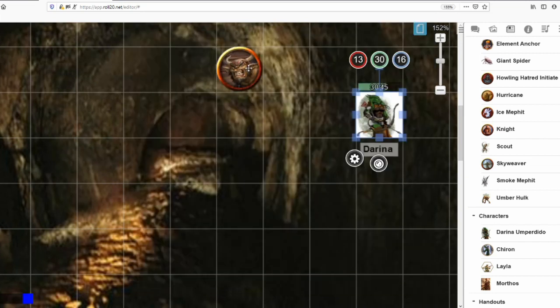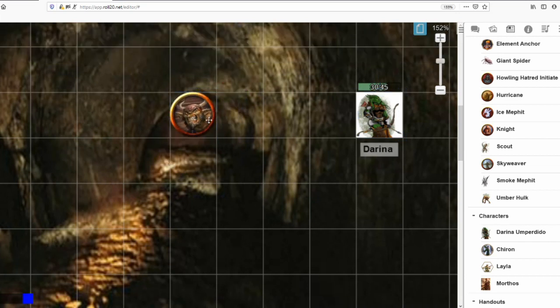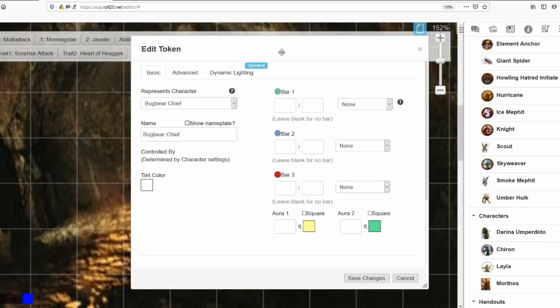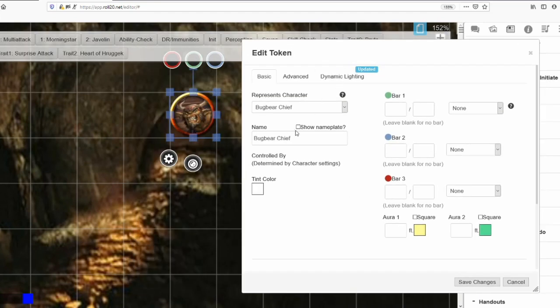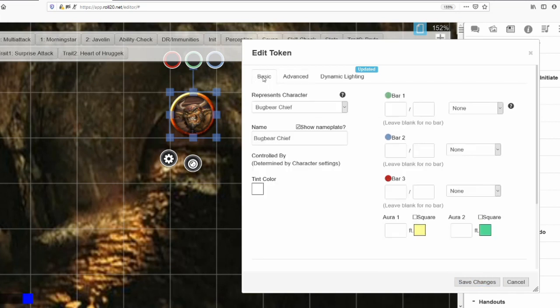Alright, let's go to the monster. So I got a Bugbear Chief right here. He's looking pretty empty with nothing in his circles. And same thing. Double click. But I guess we can show the nameplate. I guess it's okay if my players see the nameplate. Not that big a deal either way, but I like having it. So, show nameplate. I'm going to set up my bars, but I don't know how many hit points this guy has,